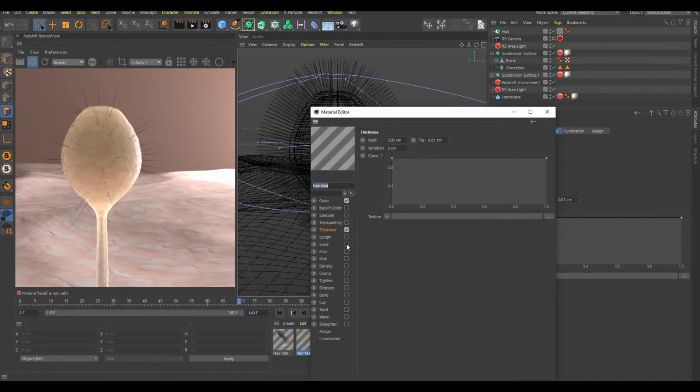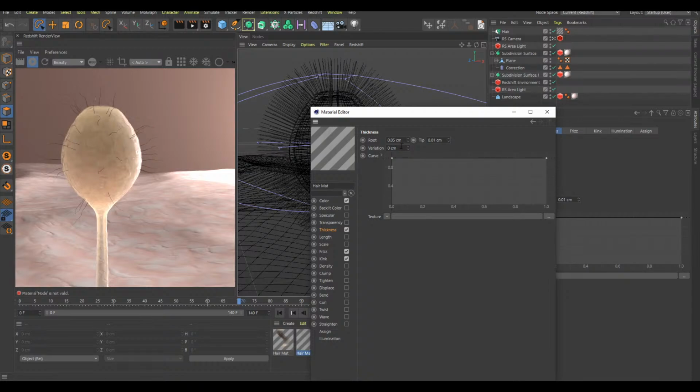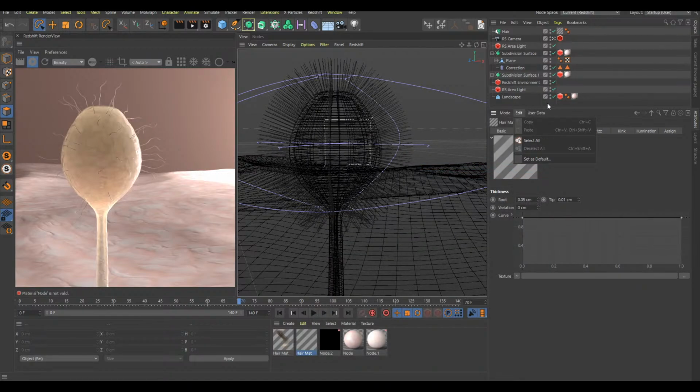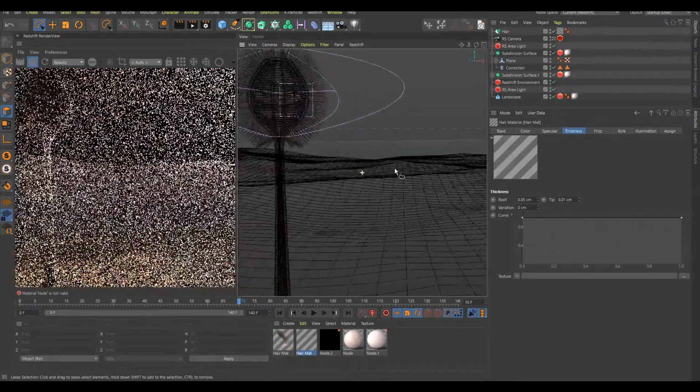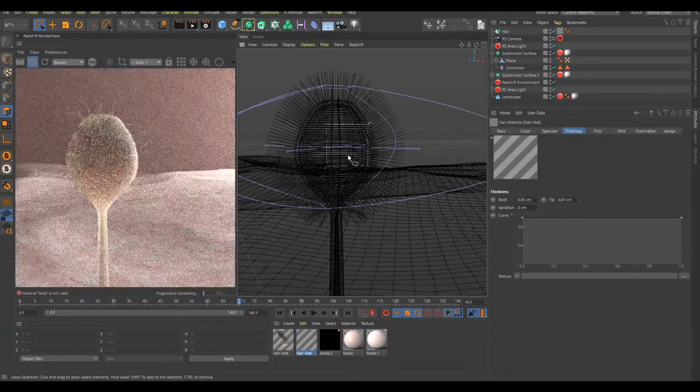Now, if you add this frizz or kink and click refresh, you can see that this hair here has become, well, you can see what has become. It's frizz and kink. That's probably the properties of these hairs here. So yeah, I think that this is okay. I will enable the specular back on. Yeah. So this is very good. Okay. Is this art? I don't know. Maybe, but